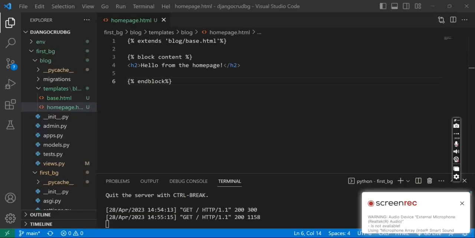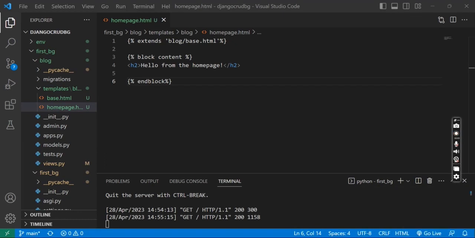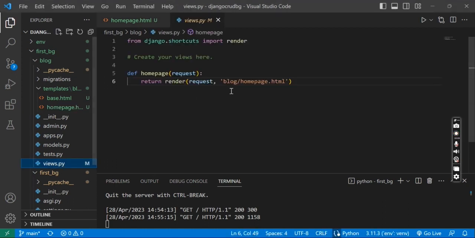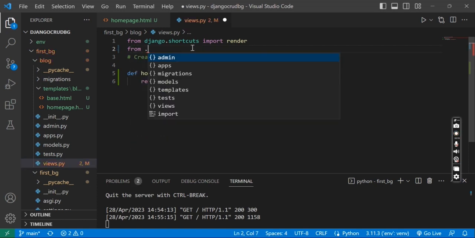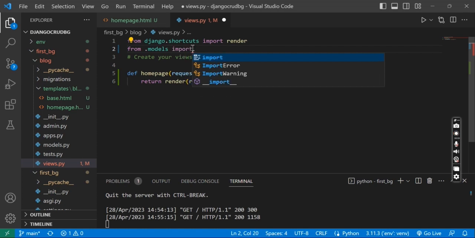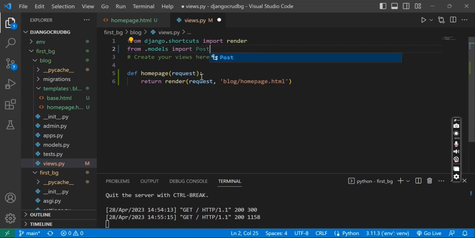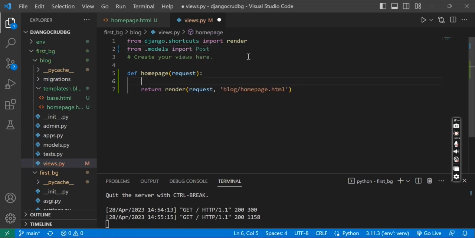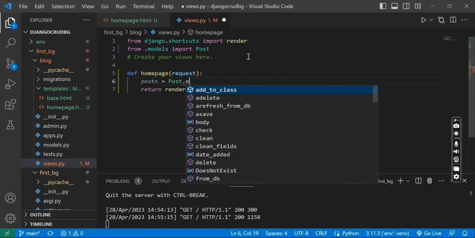So the next thing we want to do is bring our post to our home page. And in order to do so, we'll need to go to our views.py and we'll need to set up some variables in order to grab the information from our database. So first thing we'll do is we'll bring in the model so that we know what we're looking for from the database. Then in the home page function, we want to create a variable named post and set it equal to